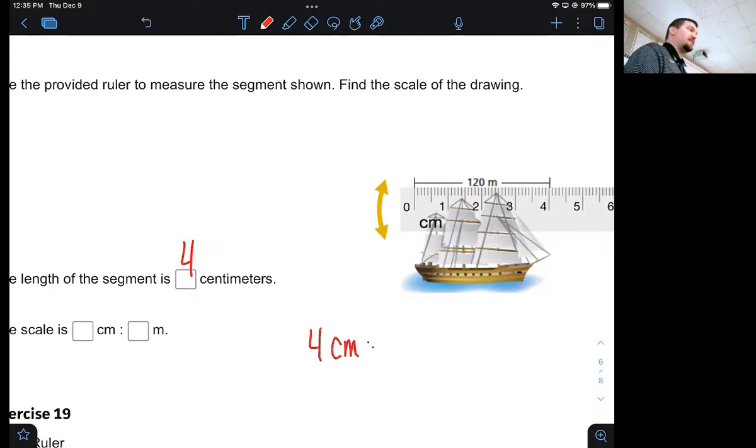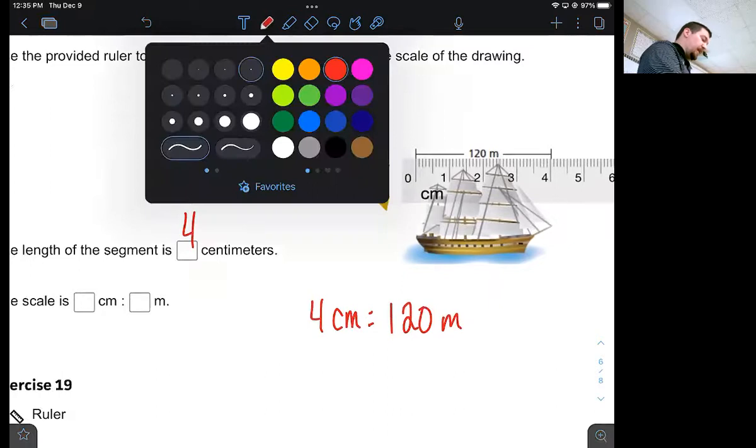And which of those measurements is the actual length of the boat? The 120 meters would definitely be much longer, so that's the actual length. Remember, the drawing number, or model number, comes first, and then the actual number comes second. Now that's a scale. Is that scale reduced? It is not. We should reduce it because nobody wants to use a scale that's not reduced, because it has